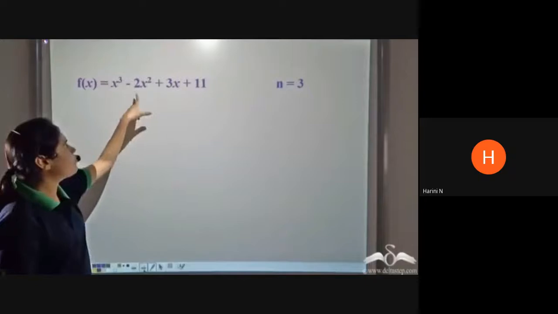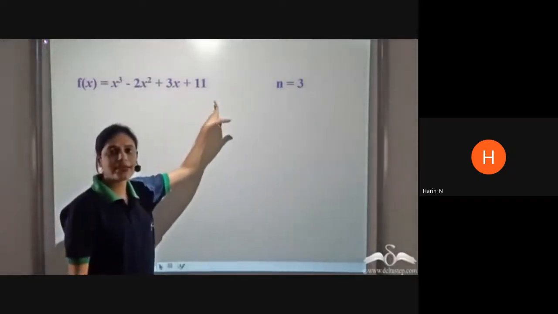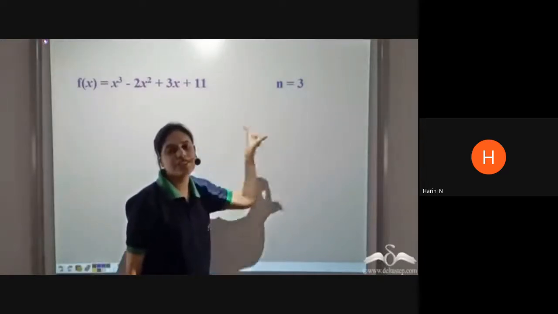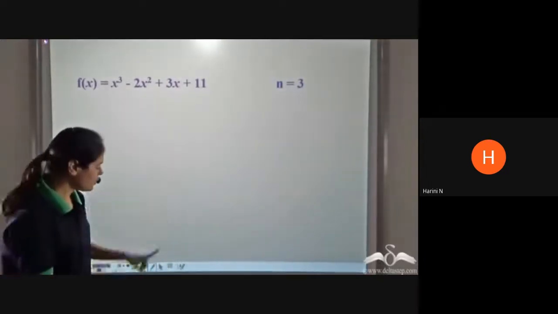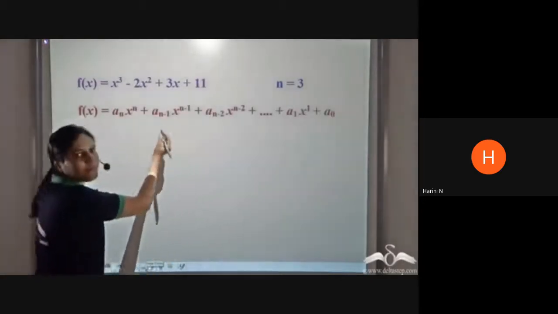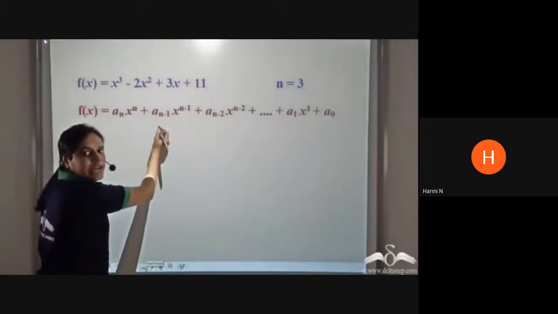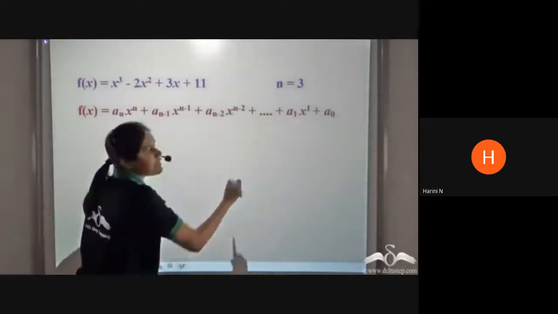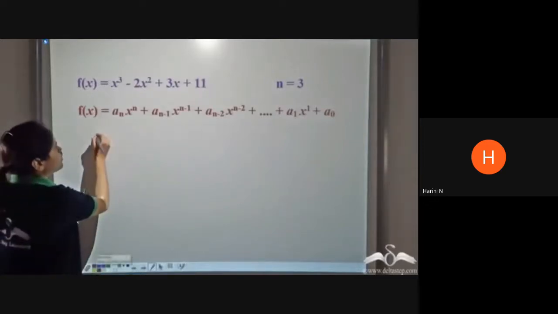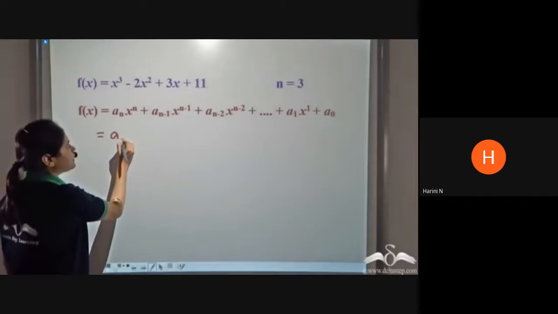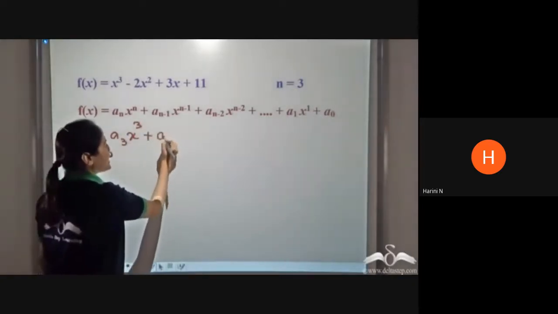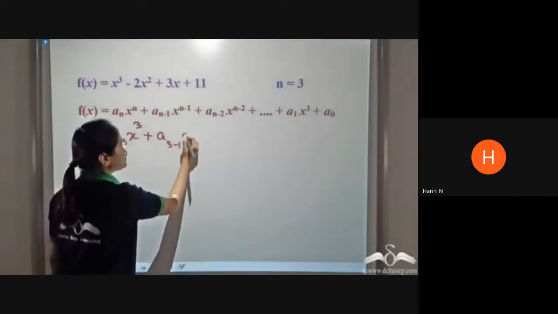So this is x cube minus 2x squared plus 3x plus 11 and we take n is equal to 3 because the degree is 3, and we substitute this n in the general form. This is the general form which we had seen. We substitute n is equal to 3 in the general form. So we can write it as a3 x cube plus a3 minus 1